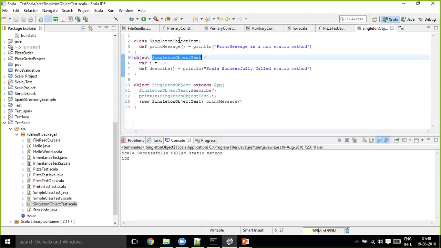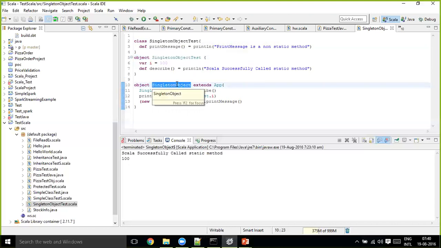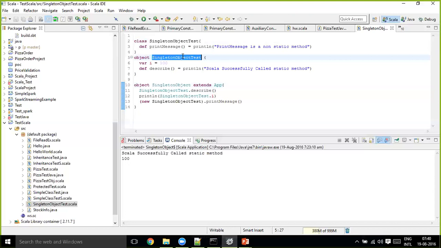Because it has the same name. What is the difference, Shiva? Since it has the same name, we call it a companion object. Both are singletons only, but the extra name that we give to it is companion object. Now,